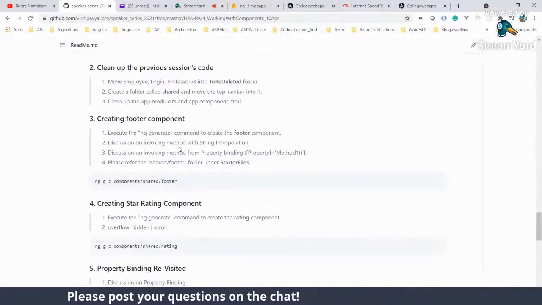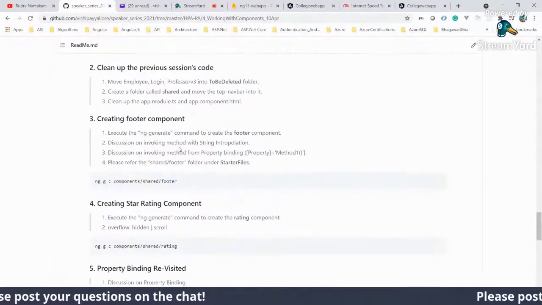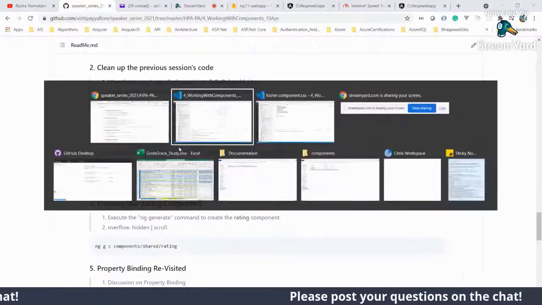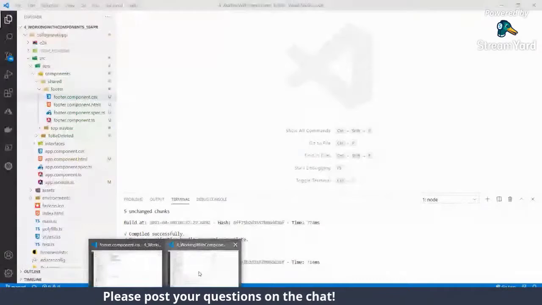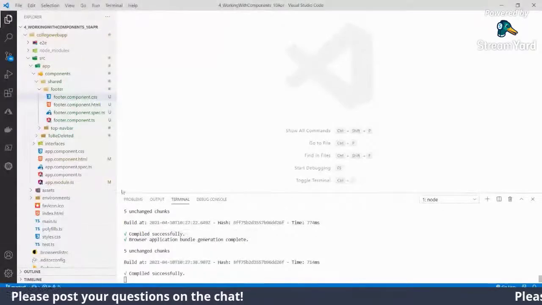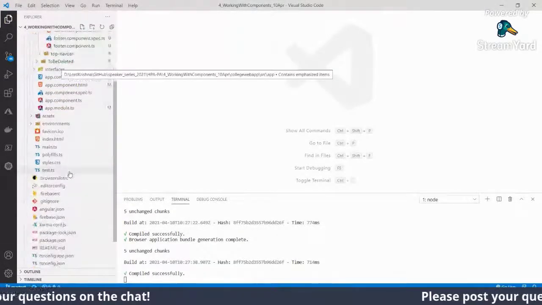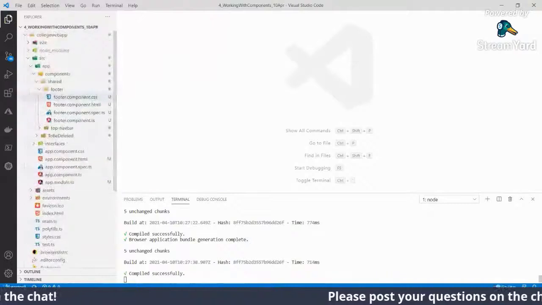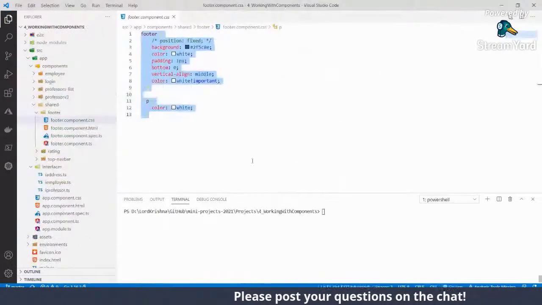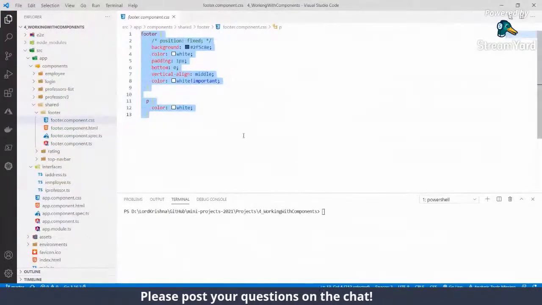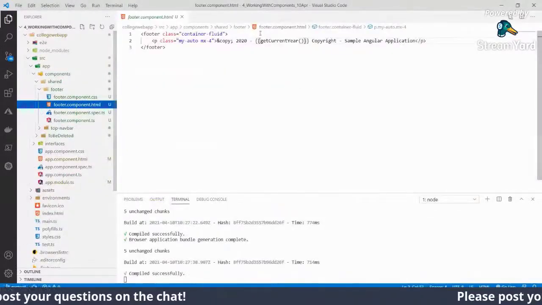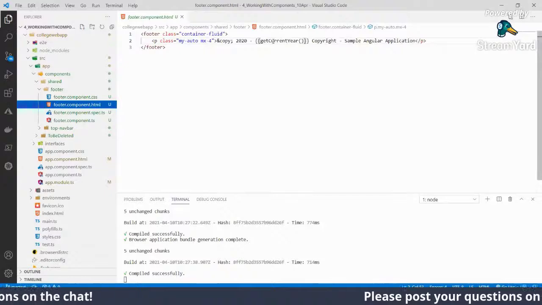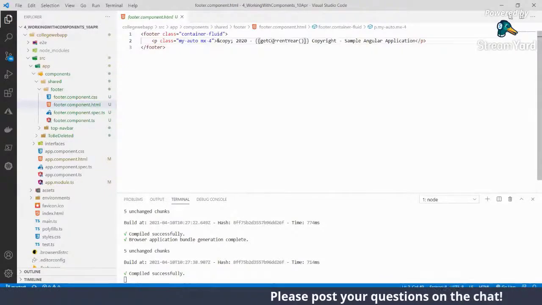Now we have a method inside the component, and we are invoking that method inside this markup. Within that string interpolation, you are invoking a method. So that's what we learned.